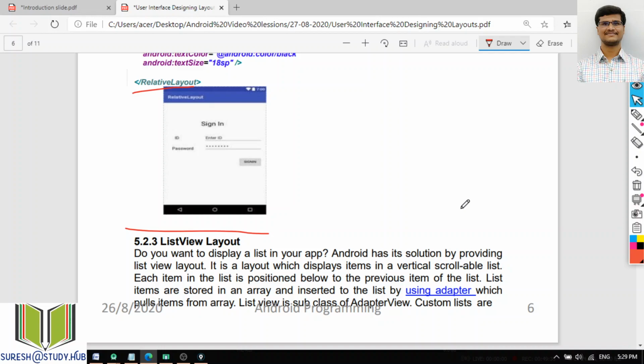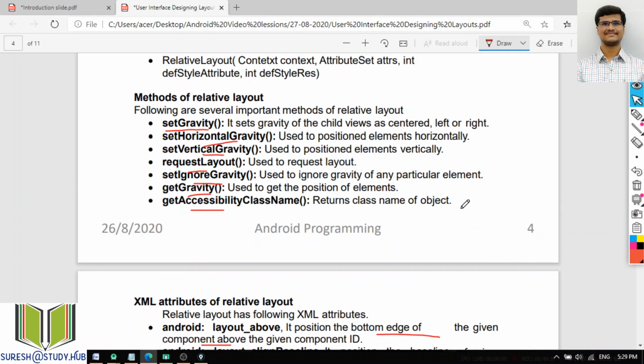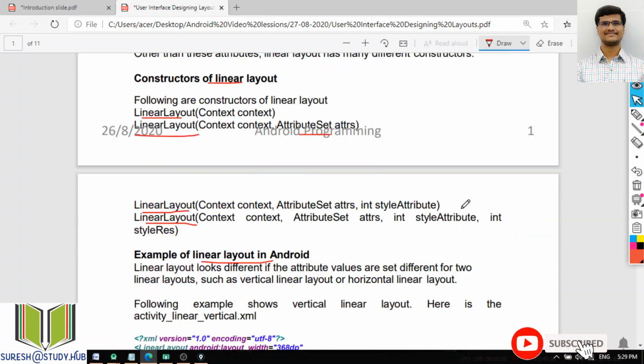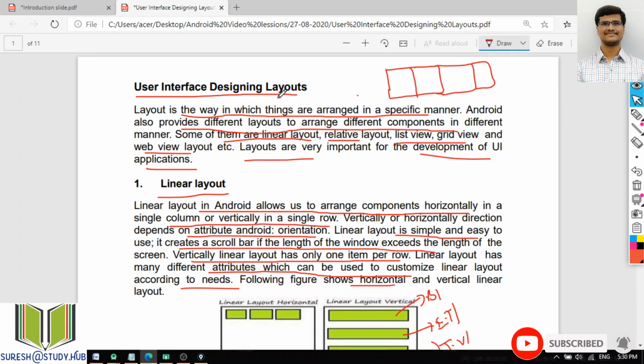So with this I am concluding today's class. In today's class I have explained what is layout, user interface layouts, and we discussed this linear layout and relative layout. Most commonly we will use this relative layout only. For most of the applications we will use this relative layout, and for some of the applications I will use this linear layout. In tomorrow's class I will discuss the remaining layouts like list view, grid view,